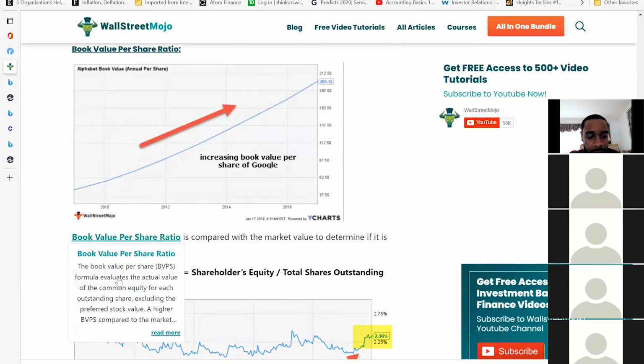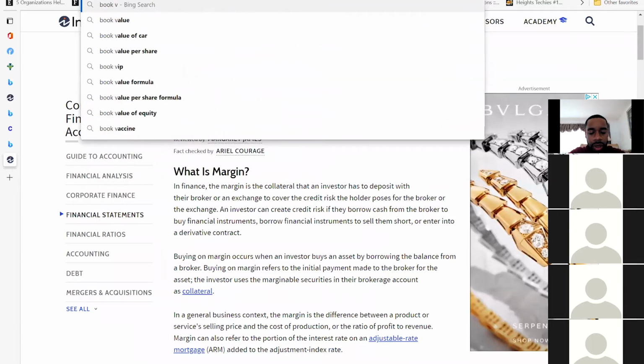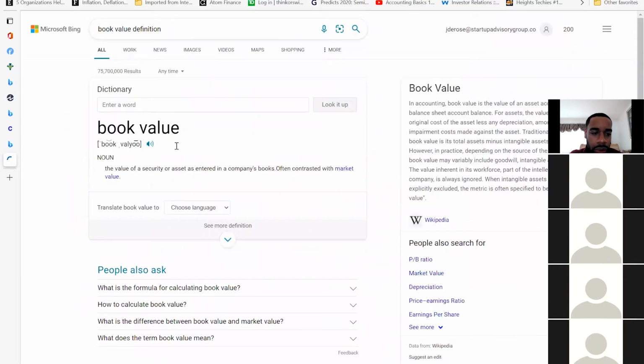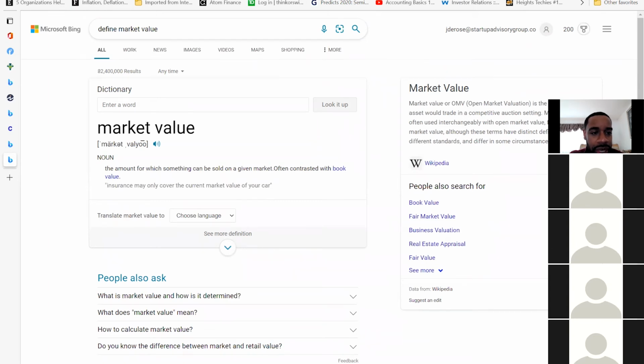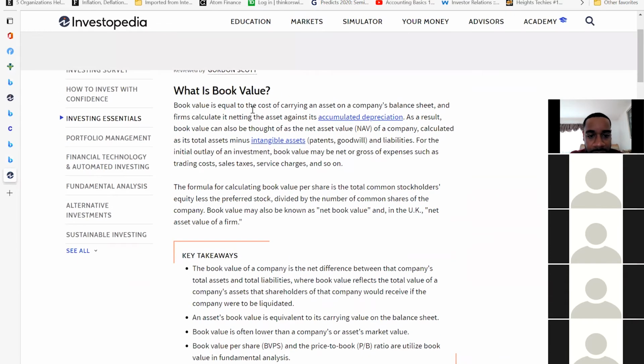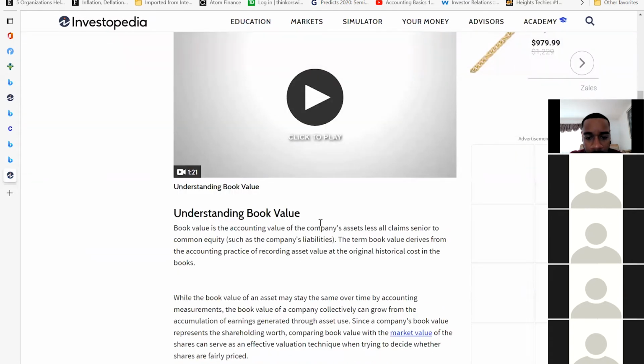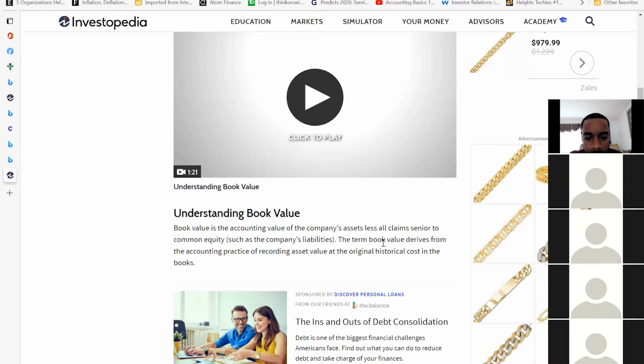I want to get you guys a nice definition for book value. I know we covered book value in one of the earlier presentations, but I just want to define it again for you. All right, cool. So the book value is the value of all the company's assets